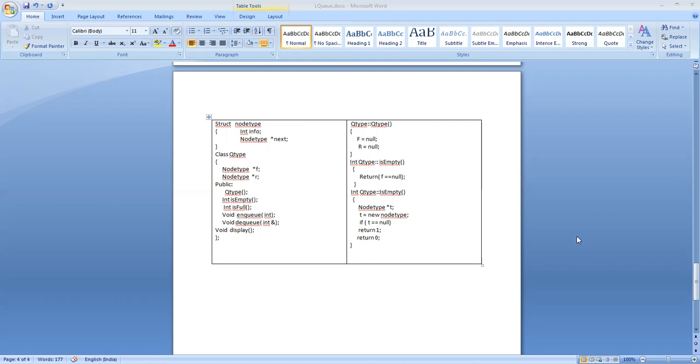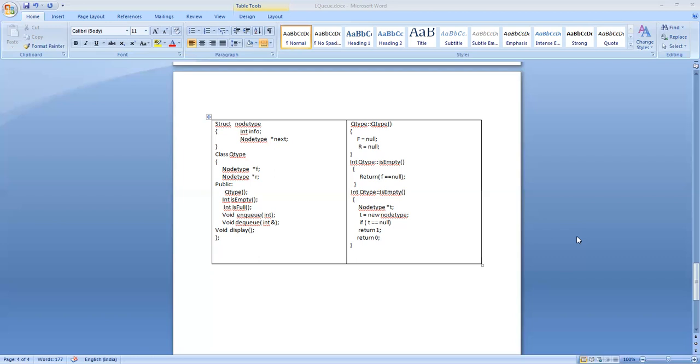We have seen what are the challenges involved in implementing a queue. We adopted the method of circular queue, wherein we don't have to lose unnecessary space, and we can wrap around to come to the beginning of the queue. That is how we implemented the queue as a circular queue.